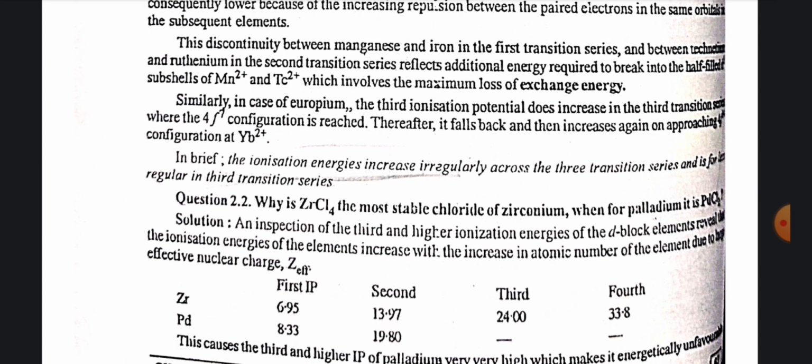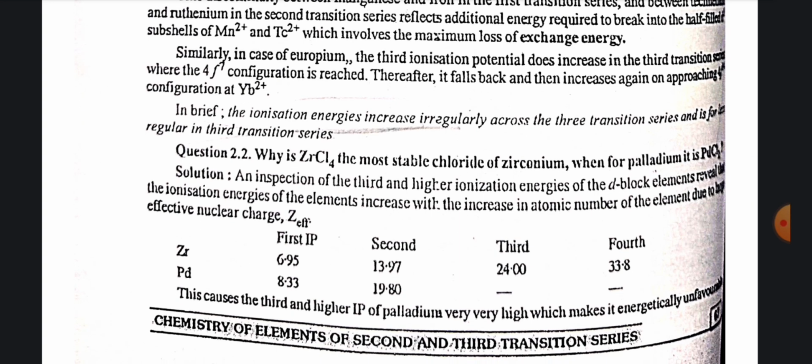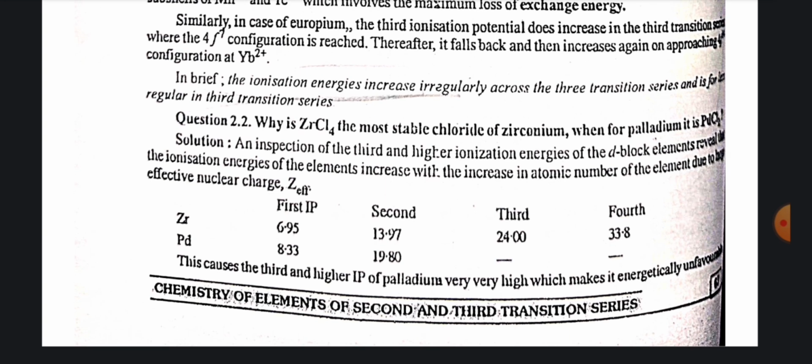The discontinuity between manganese and iron in the first transition series, and between technetium and ruthenium in the second transition series, reflects the additional energy required to break into the half-filled subshells of Mn2+ and Tc2+, which involves the maximum loss of exchange energy. Similarly, in the case of europium, the third